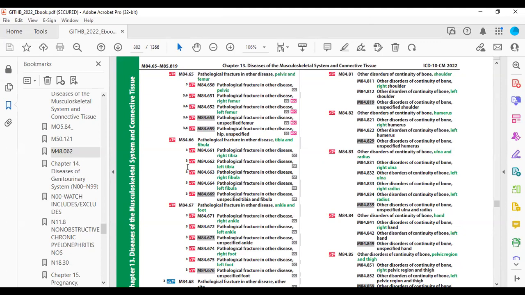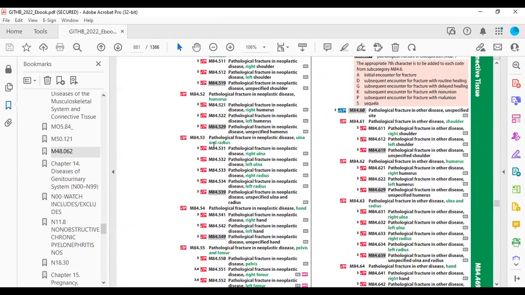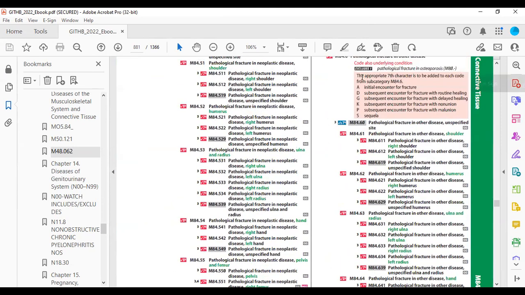M84.61A, and it tells us that we need a 7th character. What kind of 7th character? We can go up here, and then it will tell us the 7th character. A is for the initial encounter for the fracture, probably the most common. D, subsequent with routine healing. G, subsequent with delayed healing. K, non-union. P, malunion. And S,